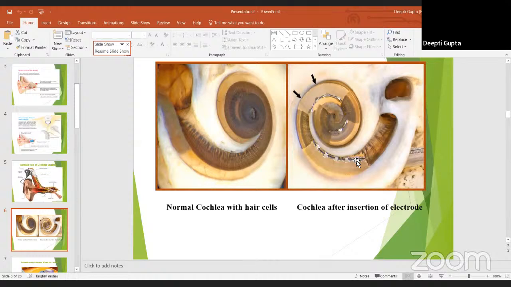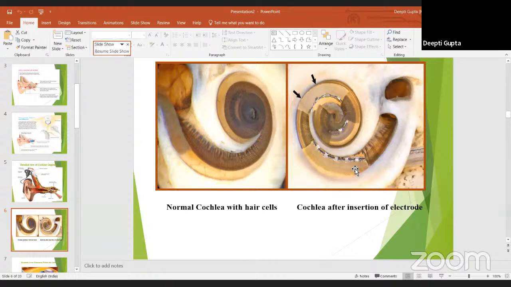But definitely, as I told you, a normal person has 16,000 hair cells. As the cochlea is very tiny, we can say the cochlea size is approximately 8.75 millimeters. So it is very small. So we cannot insert 16,000 electrodes into a small cochlea, but a maximum of up to 12 electrodes we can insert. So what does it mean? It means 12 electrodes are replacing 16,000 hair cells. So definitely some compromise will be there,